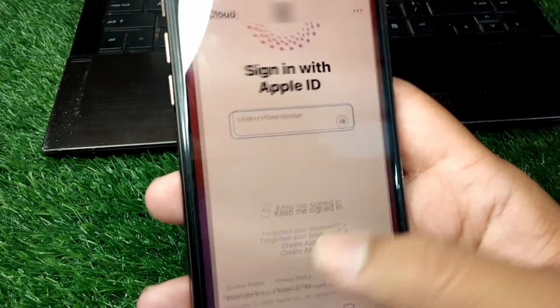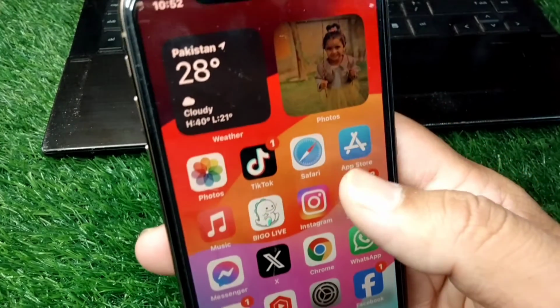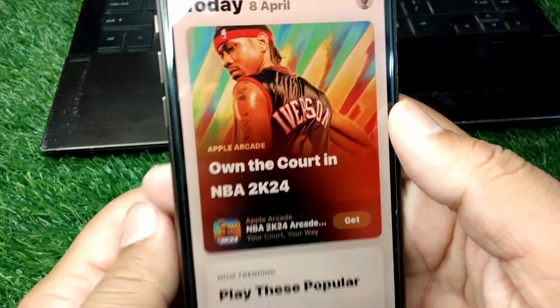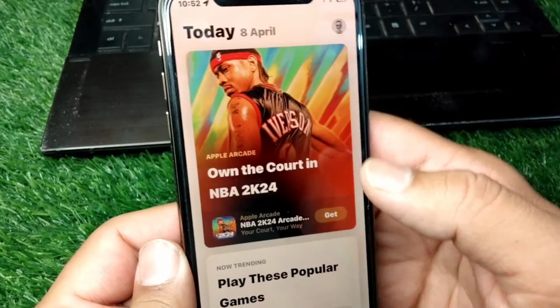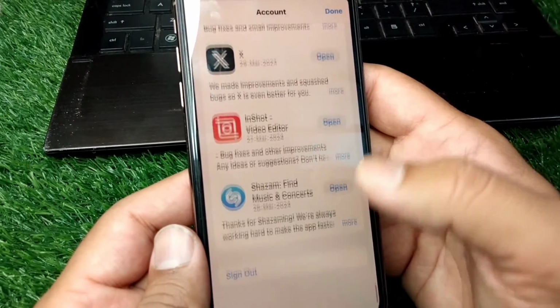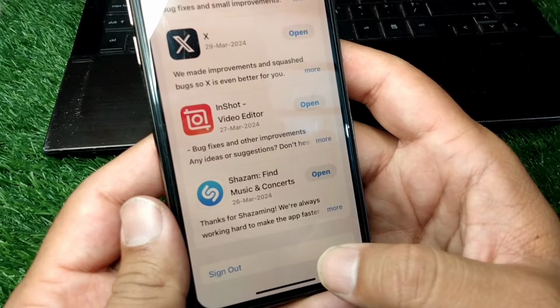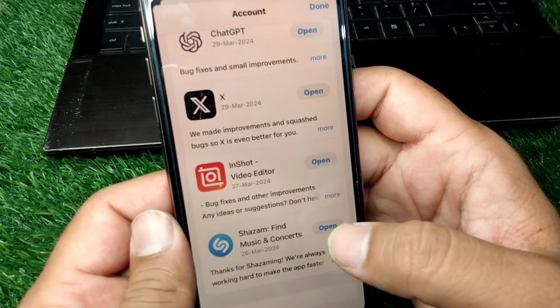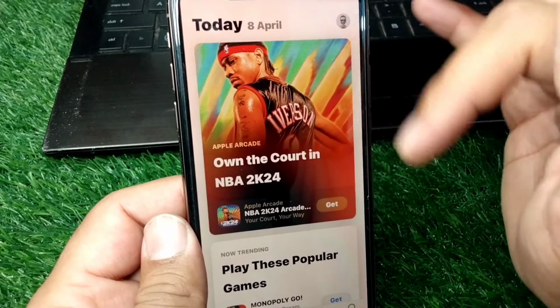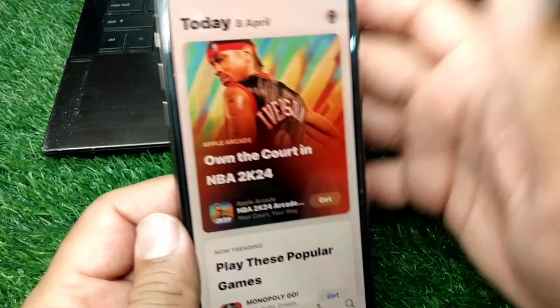your Apple ID, then go back, and now you have to simply open your App Store in your device, and from here tap on your profile, and from here scroll it below all the way and sign out your Apple ID from here and create new Apple ID using your App Store. So guys, sign out from here and use your App Store to create your Apple ID, and if the problem